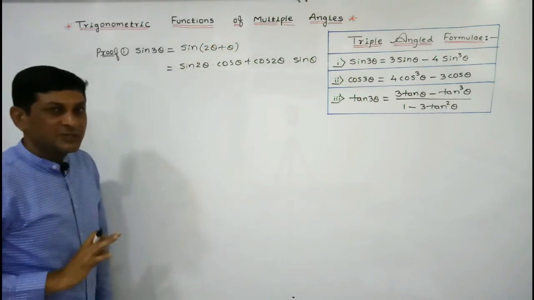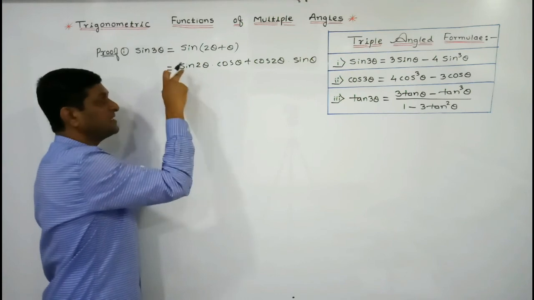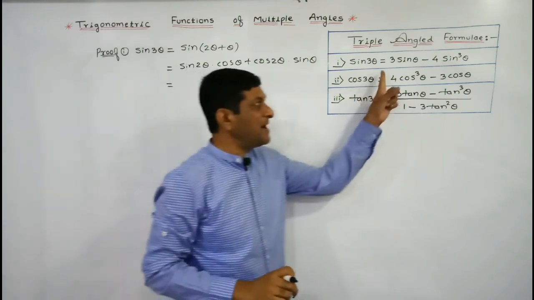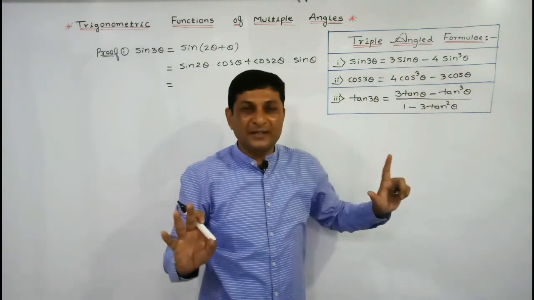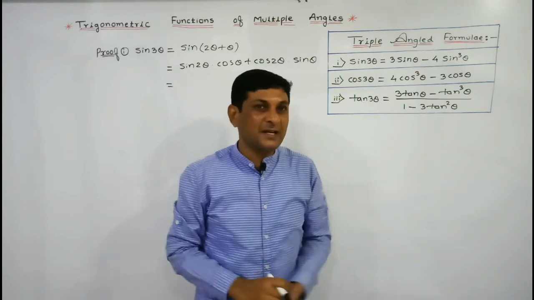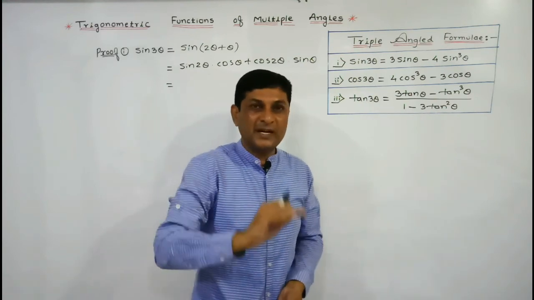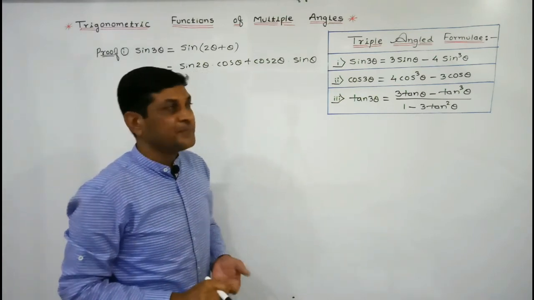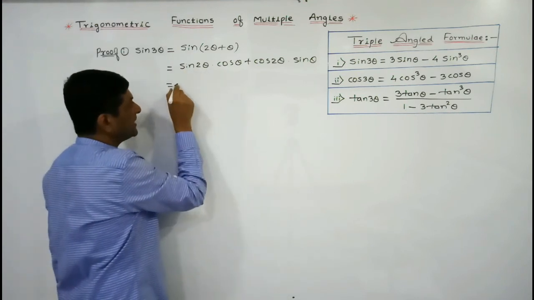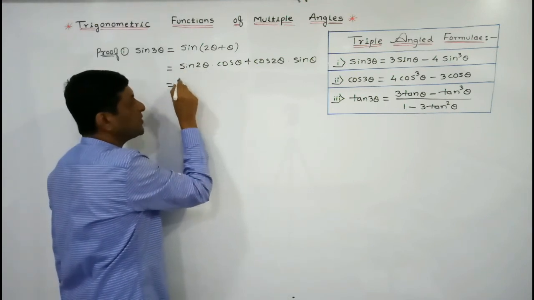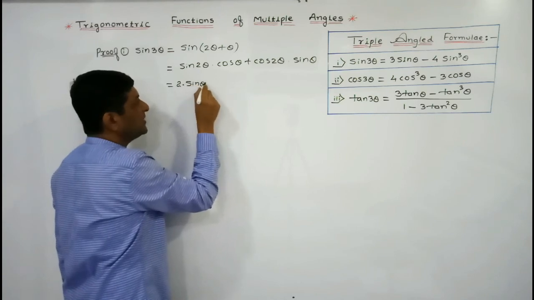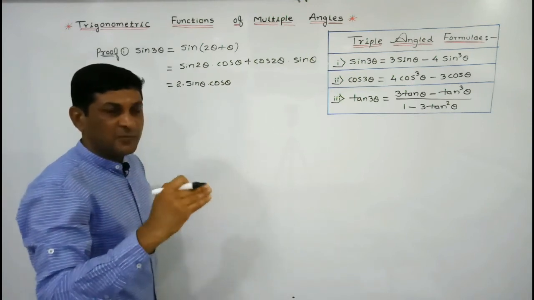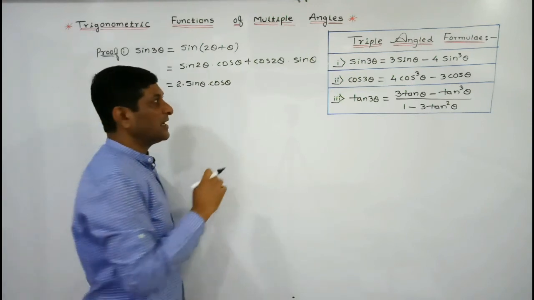So which is equal to, now in this expression some terms of double angle also appear, but in our required result the terms of double angle do not appear, meaning we have to eliminate the double angle, and to eliminate the double angle we have to apply double angle formulas, isn't it? So here sine 2 theta can be replaced by its value. What is the value of sine 2 theta? 2 sine theta into cos theta.